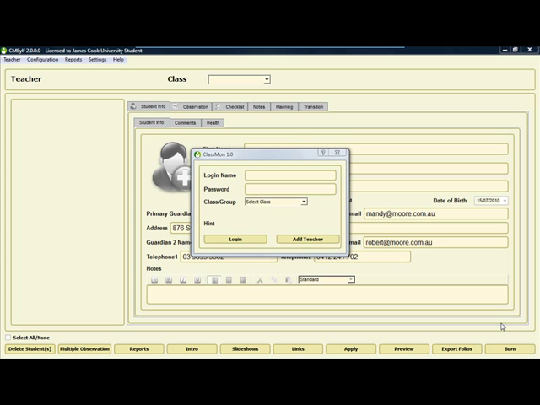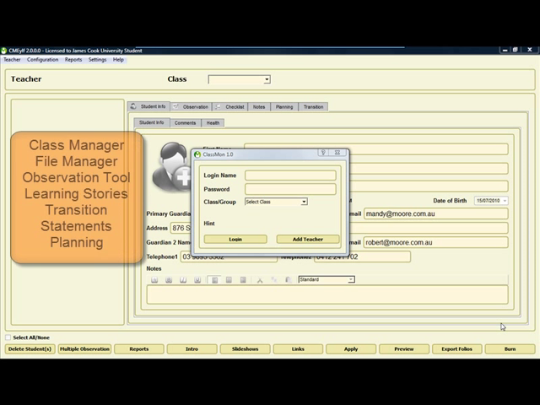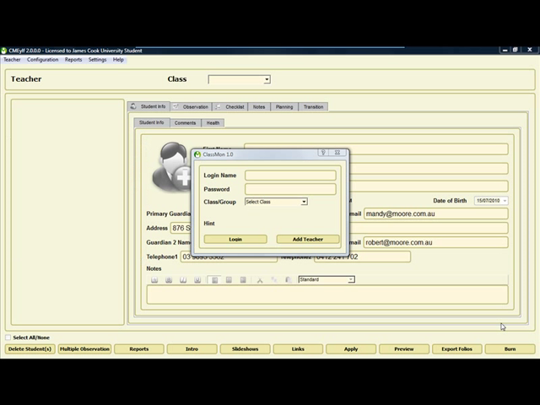Now, ClassMon is a software program that has a lot of functions, but these functions are designed specifically for Australian early years educators who are using the early years learning framework. It's a class manager, a file manager, an observation recorder, an area to store your learning stories, a program to help you write your transition statements, and a program to help you with your planning, as well as many other things. So I'm going to show you some of the features now and give you an idea of how it